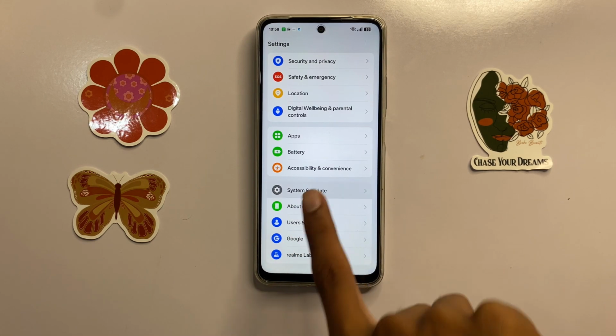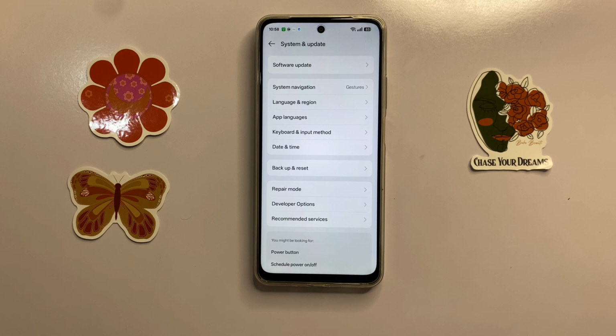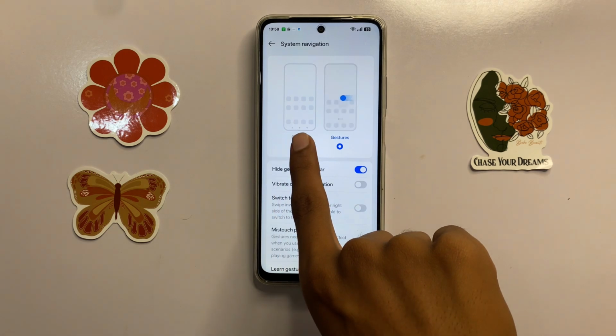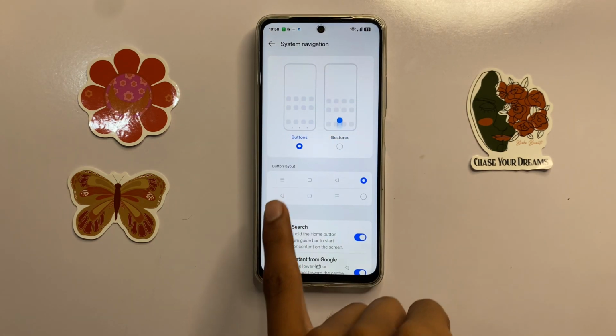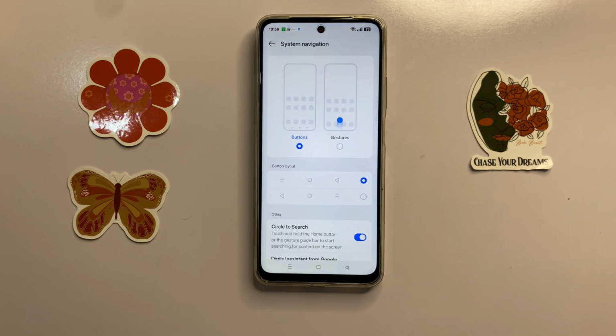Now click on it and then click on system navigation. If you select buttons, then here you can change your button layouts, and if you want to use gesture